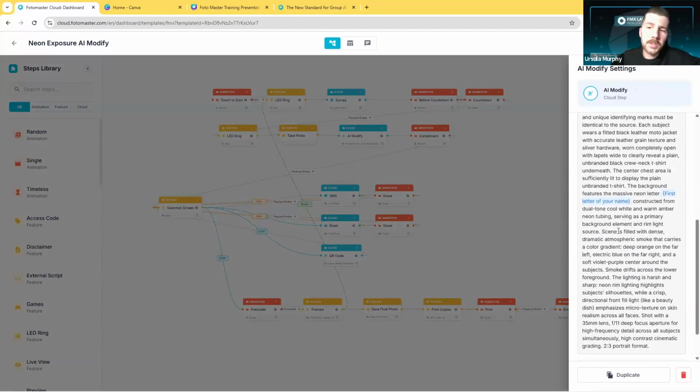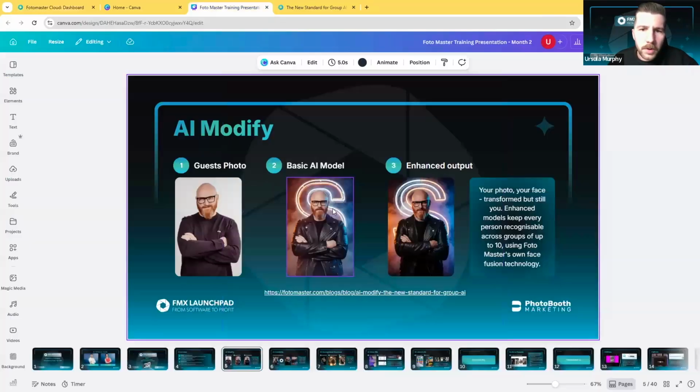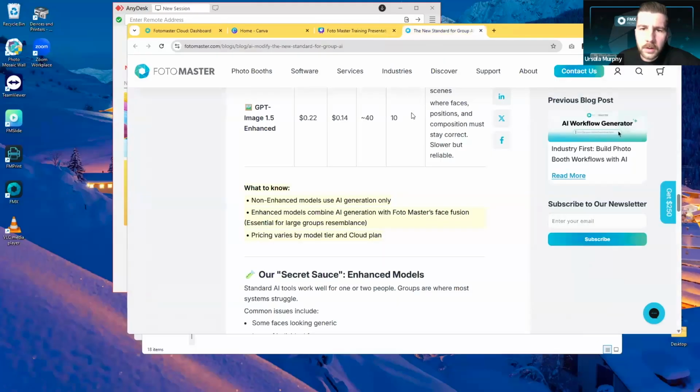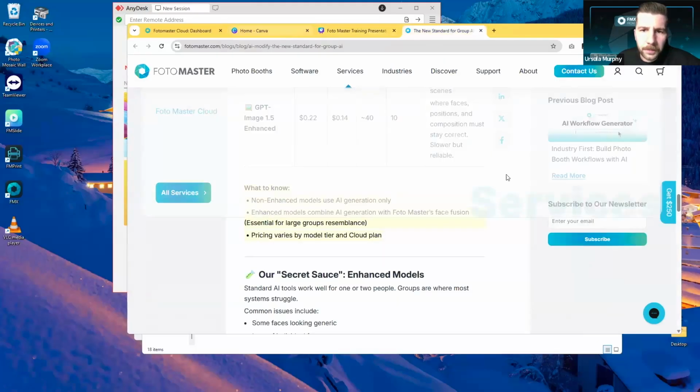So again, this is just a very basic example. I want you to use this as a foundation of this experience for your clients. With this prompt, you will get outputs as I showed you over here. So this is a person, and this also works for the bigger groups as well. So there's no limit to just one person. Again, you can use it with up to 10 people. If I go back